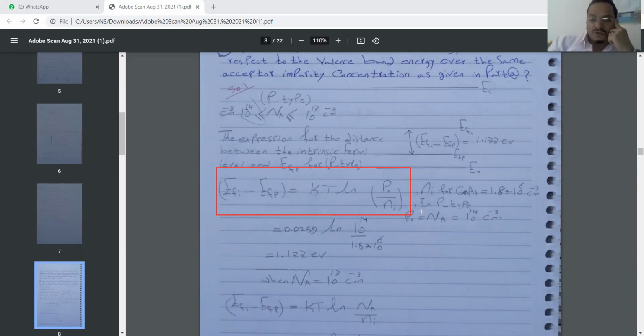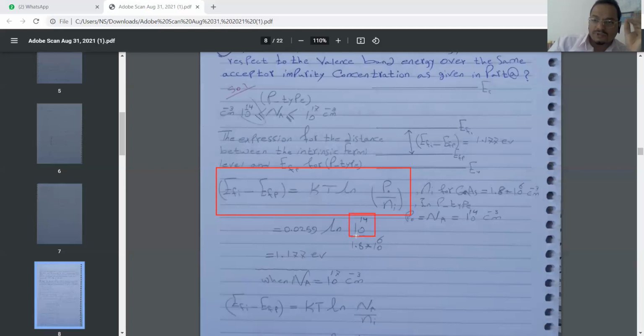Okay, like we know, for silicon the intrinsic carrier concentration was 1.5 times 10^10 at room temperature, but here we're dealing with gallium arsenide. That means we're dealing with another number. Here, ni equals 1.8 times 10^6 in the same unit. The last number here is 1.177 electron volts. When Na is 10^17,